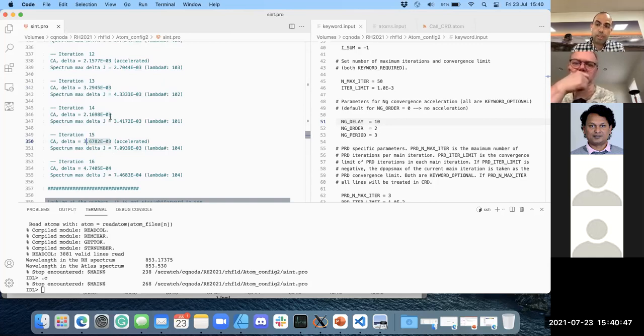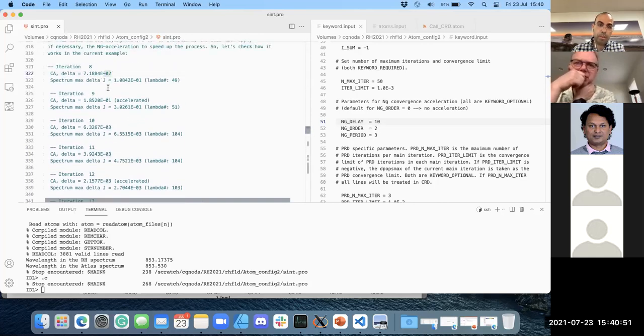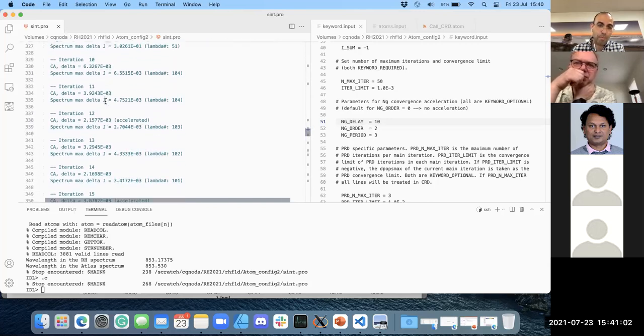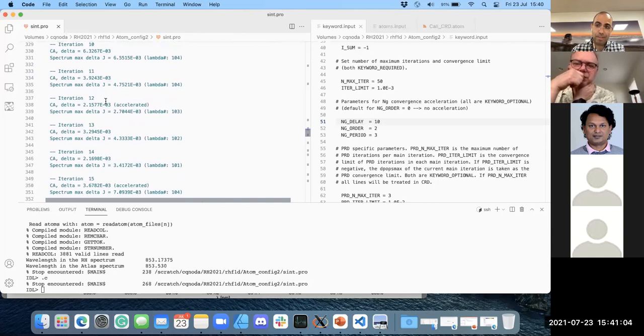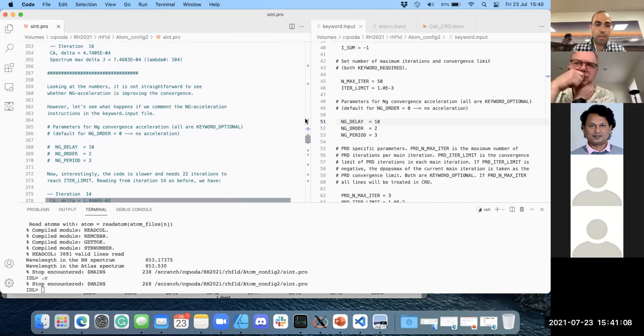When I was checking this, for example, in this case we were at -2, then it's -1, but then it suddenly jumps to -3. I had the impression that it's improving, but about the acceleration itself, I was not sure. So I said, probably you will not be able to really see that it's improving. So the best thing that we can do is just repeat the test, but commenting